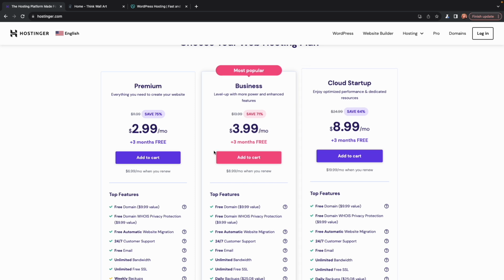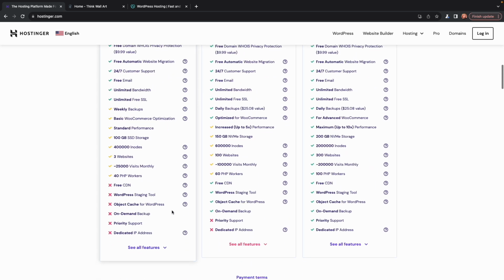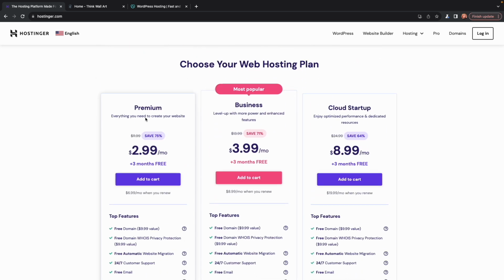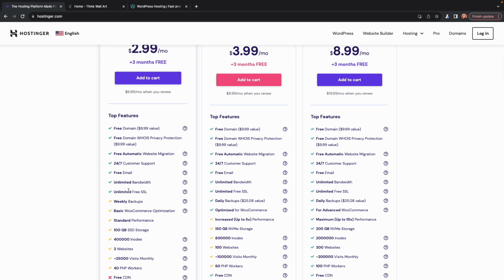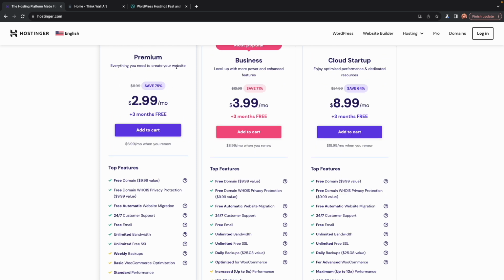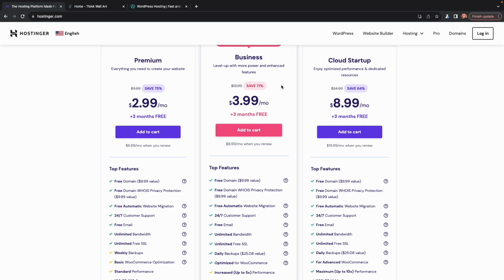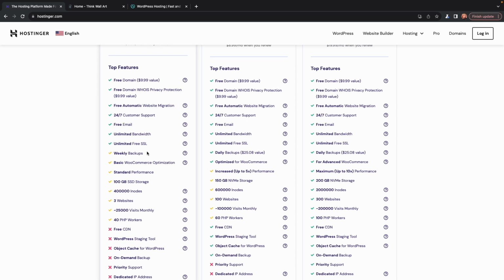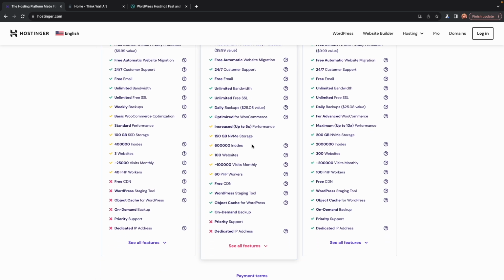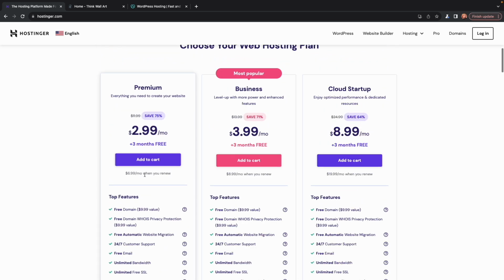And if I'm looking at Hostinger, the longer you buy the package, if it's for a few years, then the more you can do with it. The premium one lets you have a free domain as well as free email, free SSL. And with this one, you can basically create your own website. It's very, very simple. With the other plan, you have a bit more storage space. It's more optimized for WooCommerce than the other one. You have daily backups and not just weekly backups, which I find to be very, very useful in case we break things. Once you decide to add to your cart one of these packages,